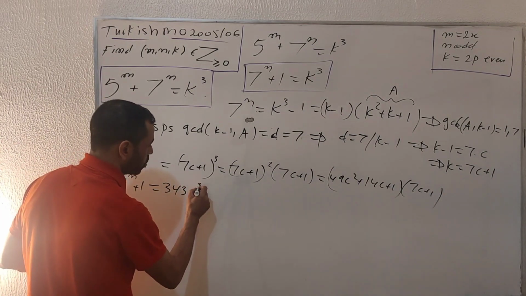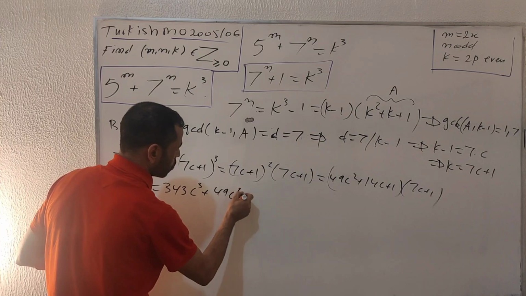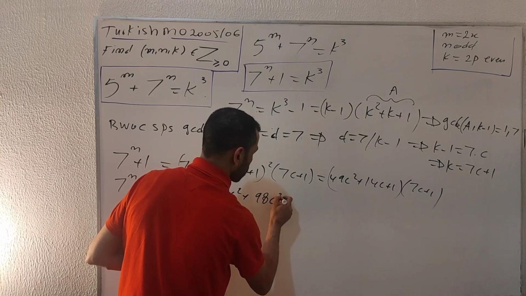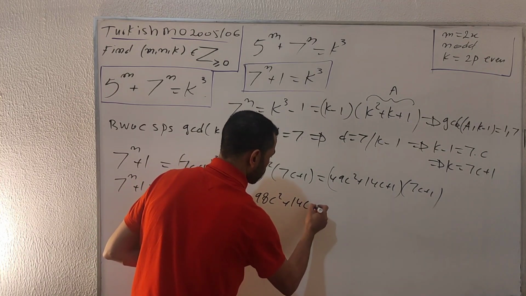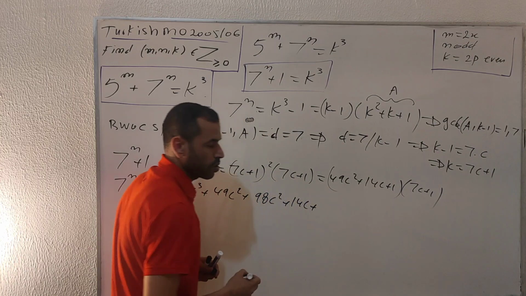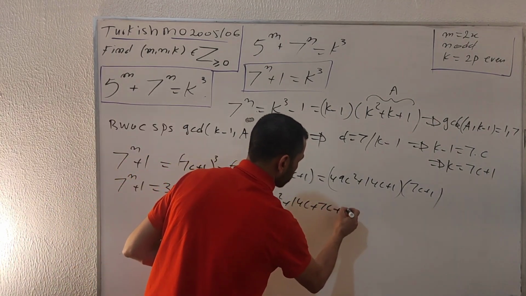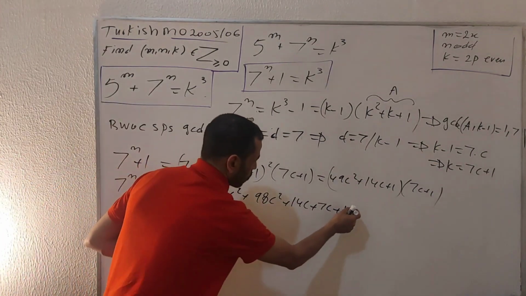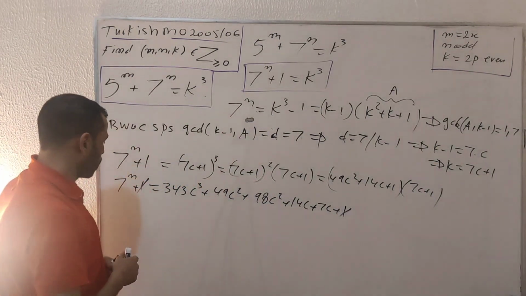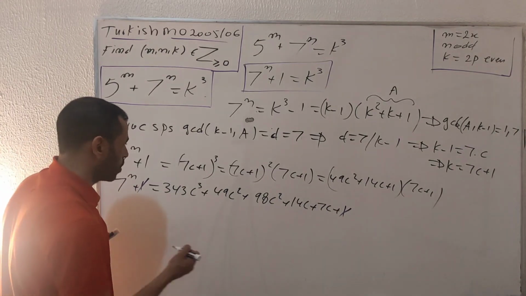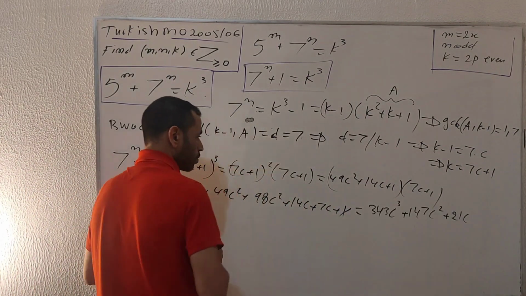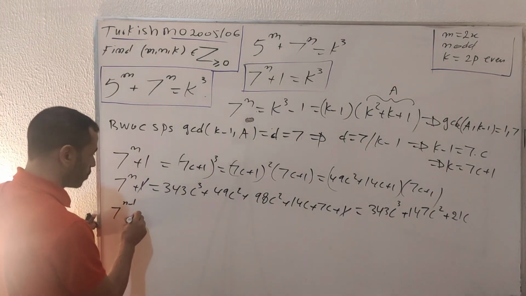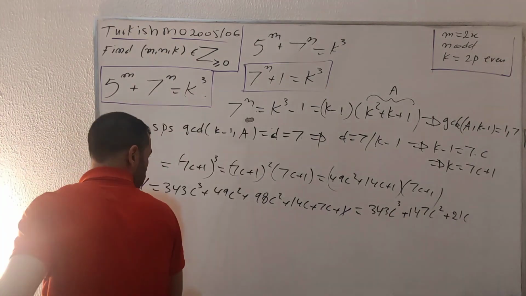343c cubed plus 49c squared plus 14c is multiplied by 7, which gives 98c squared plus 14c plus this term 1 is multiplied by 7c, which is plus 7c plus number 1. Okay, I get this number 1 cancelled out from the left and right side of this equation. Then the next thing, I'm going to simplify this one more by dividing both sides by number 7, we'll get 7 to the n minus 1 equals